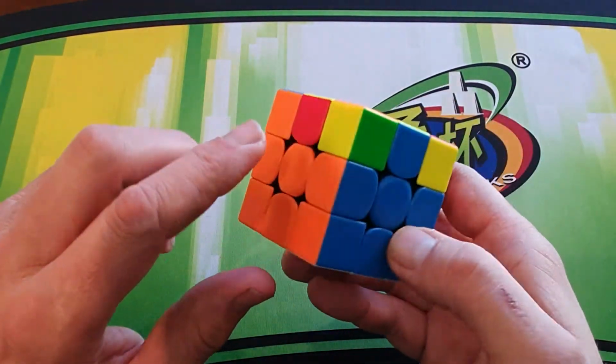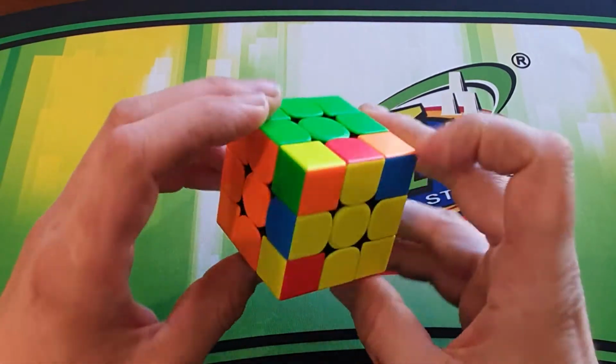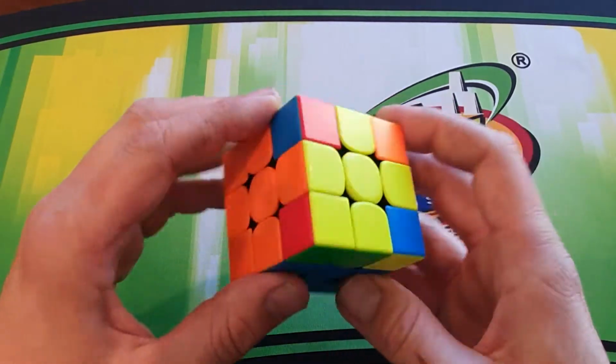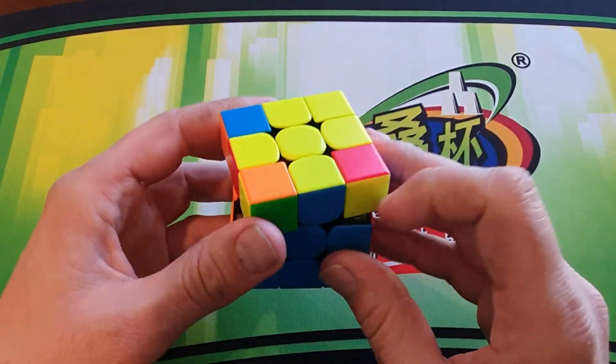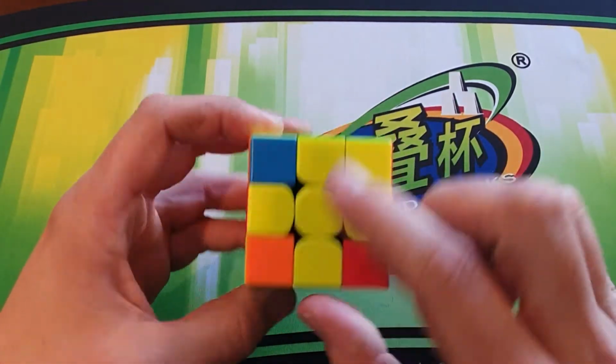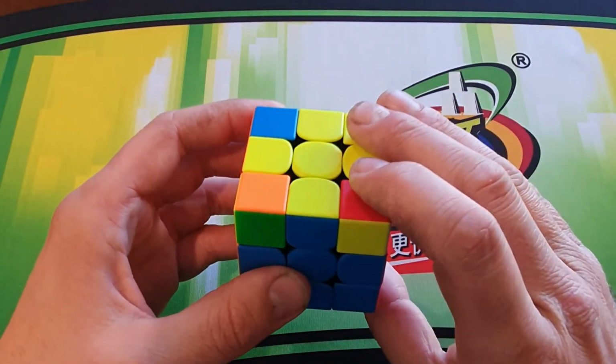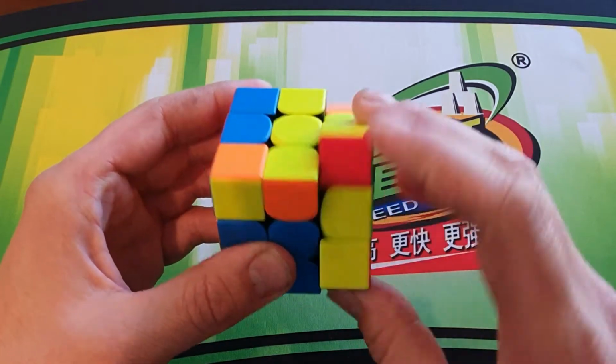Now if you ever find a position like this where no matter how much you rotate it around, you cannot find two pieces adjacent to each other, you can only find opposite, like this here, just holding it so one's in the front, do those same moves I showed you before,